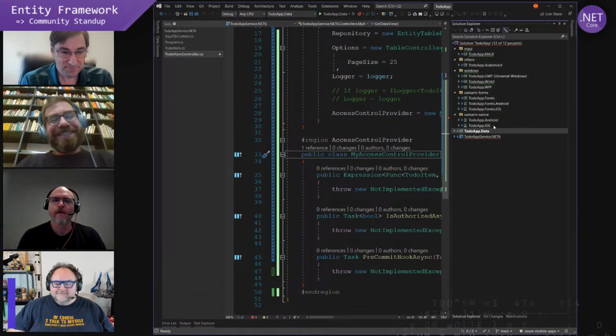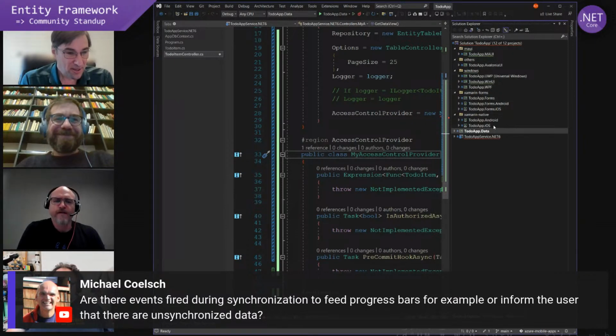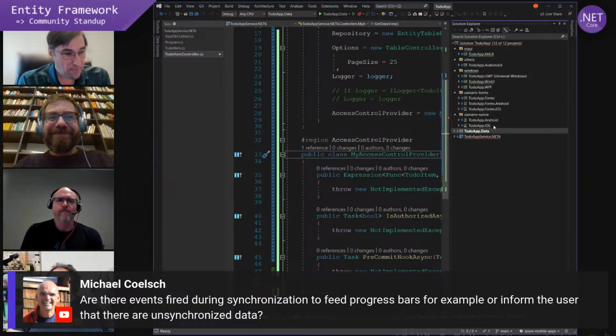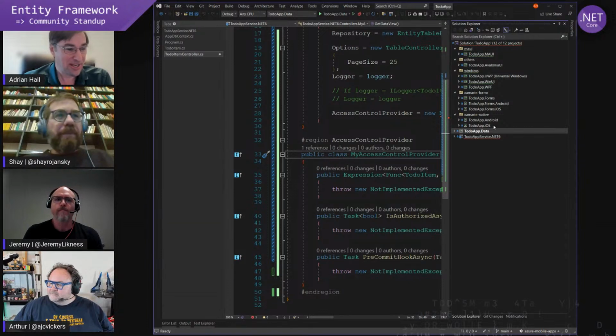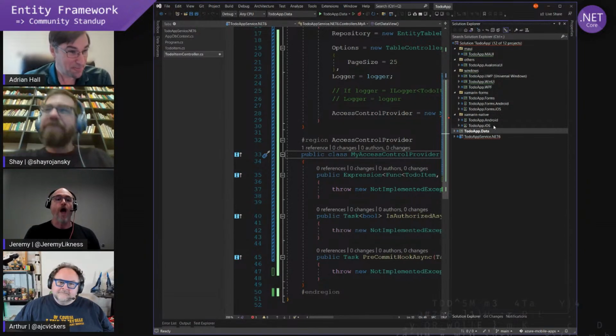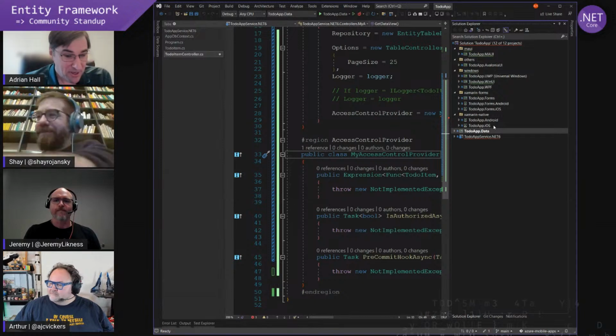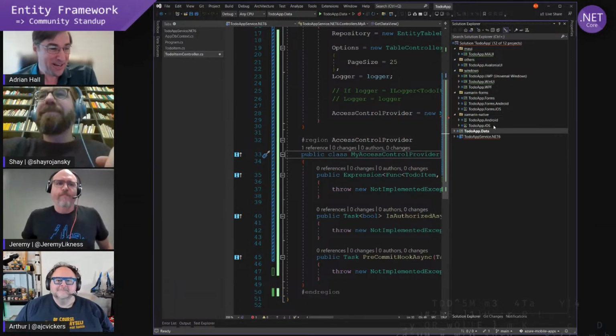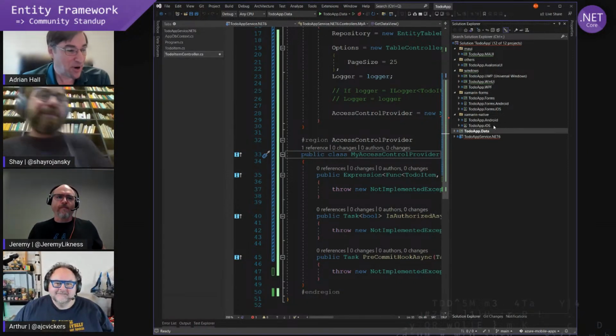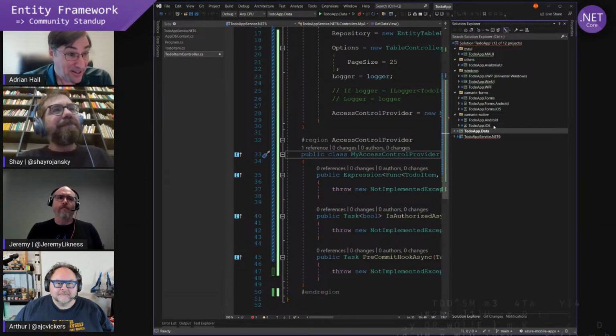Yeah. So there's a great question that came in about synchronization. Is it a pull model to synchronize, or is there a push model? Are events fired as data changes from other clients? Interesting question. If you're using our client, in the next release we will have those synchronization events. They're actually in the main branch right now. The 5.0.12 release will be coming out probably next Friday, I'm hoping, and that will have the synchronization progress event handler in it.